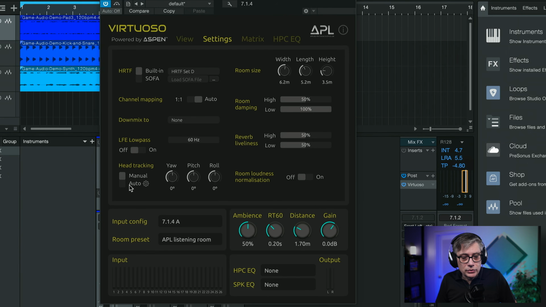But what you can do is set it over to automatic, and that would then take in the head tracking from a head tracker and put that into Virtuoso correctly so that you get a real 3D experience. And the one thing that they did is they included a new option here, and this new option is Odyssey, and that is the head tracking for the Odyssey Maxwell. So if you have the Odyssey Maxwell headphones, you can now natively use them with Virtuoso, which is really cool.